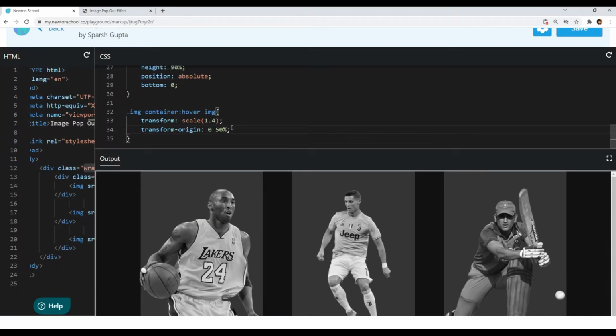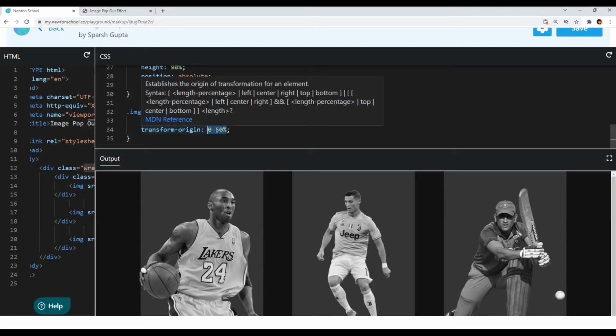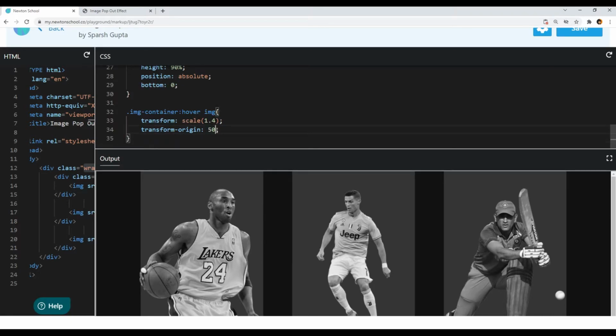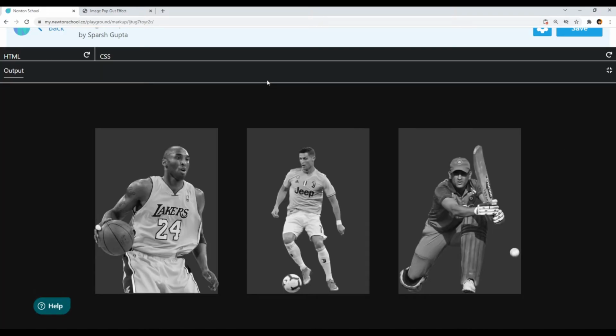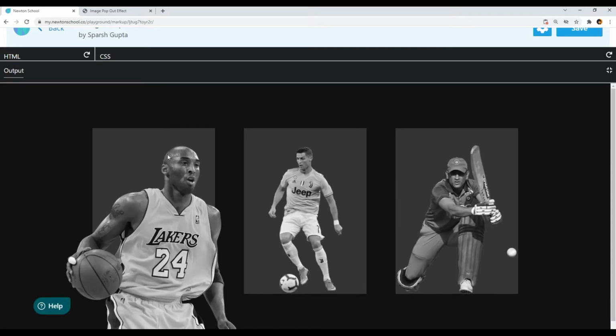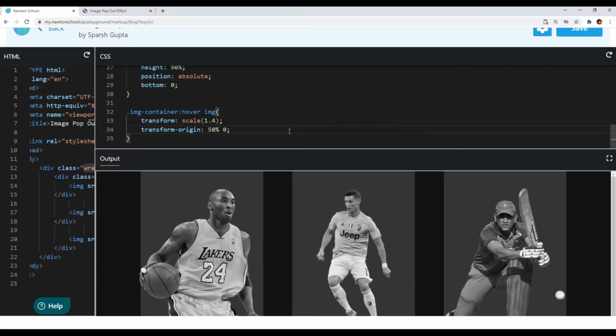Now let's see one more example. So let's say I define the transform origin at 50% from the x and 0 from y. So 50% from x and 0 from y is somewhere here. So you can see the scaling is now starting from this point. So transform origin is basically the point from where the transformation starts.